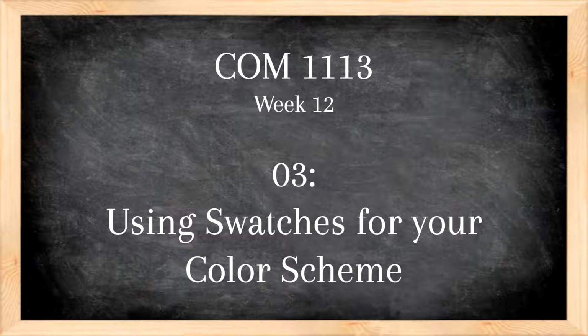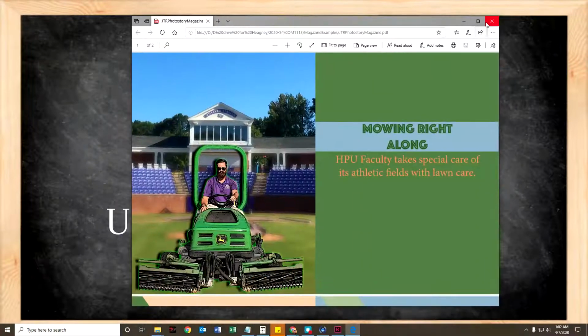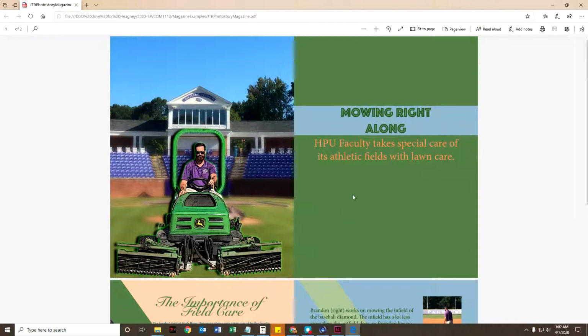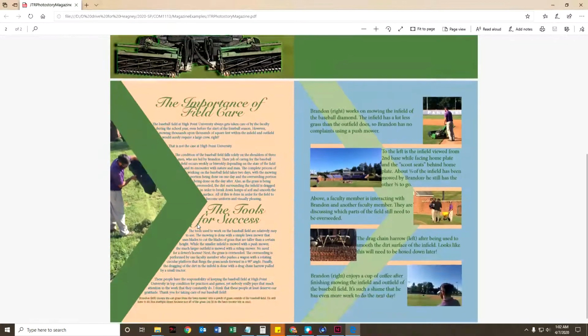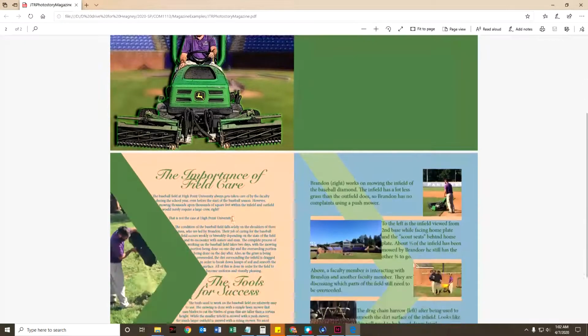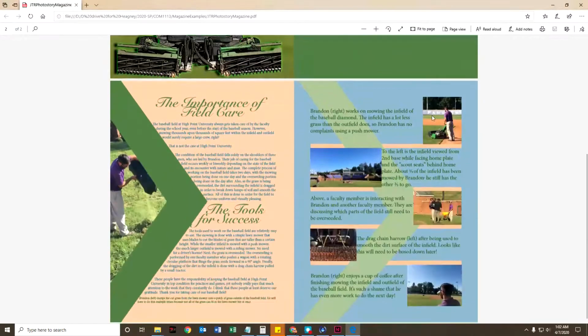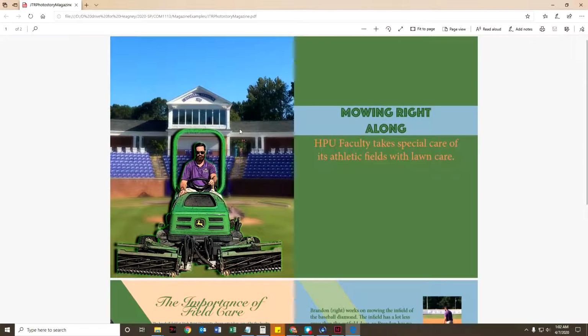Third video for week 12, in which we are going to look at creating swatches for a color scheme for your audio story. Let me look again at this example right here. You can see that this student really focused on the grounds crew, as I think it's the grounds crew, and a lot of this happened at the baseball field. So you can see this student used green for their color scheme, and he's got darks and lights,